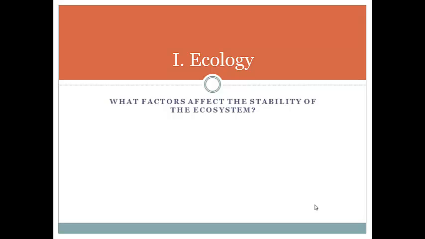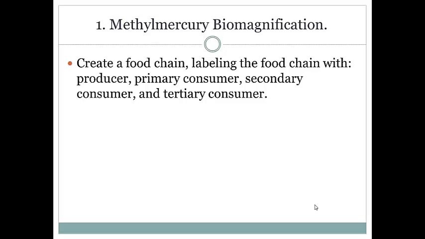First section is about ecology. First question is about methylmercury biomagnification. It asks you to create a food chain, labeling the food chain with the producer, primary consumer, secondary consumer, and